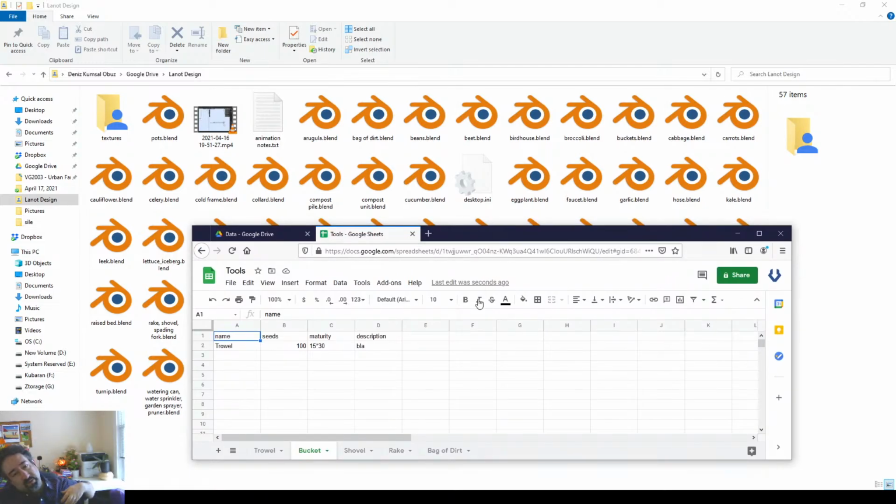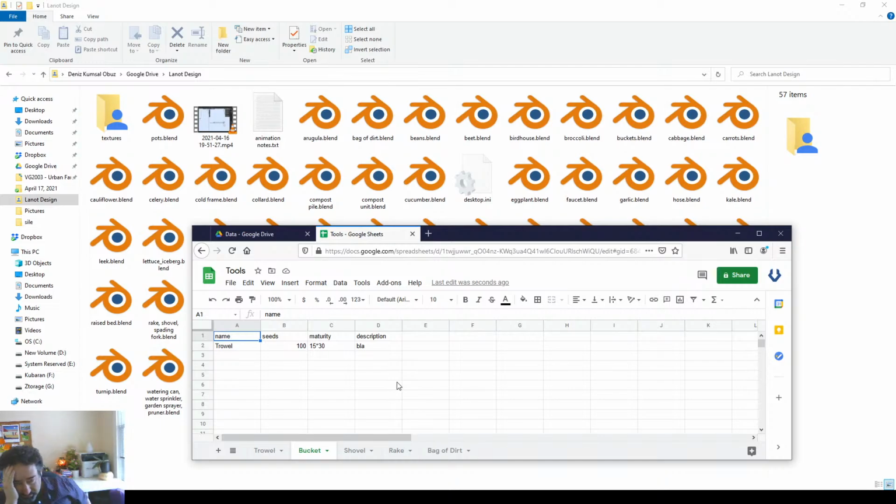Compost file, the tool, but it's also structure. It's a structure. Compost unit is a structure. You create compost file in,